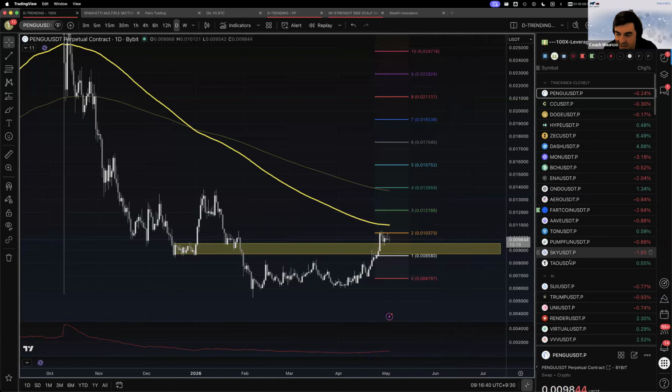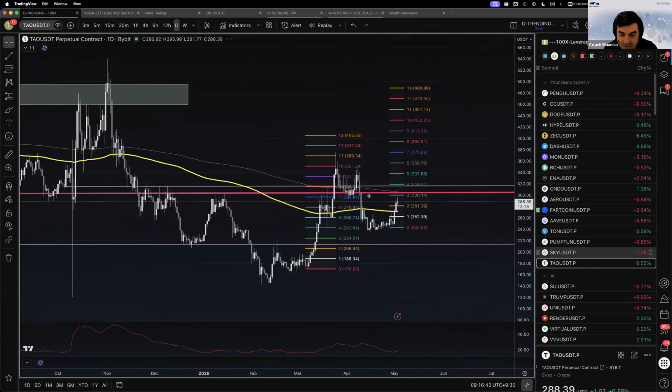Same thing with Tau. Let's talk about Tau, because I missed Tau in a way. So we took Tau here, took some profits here, took some profits here. I haven't added more yet. I was going to add more on Friday, but obviously this happened over the weekend. I'm still thinking about adding more. Same premises. You could risk 50% of the profits. Look at this trade, man.